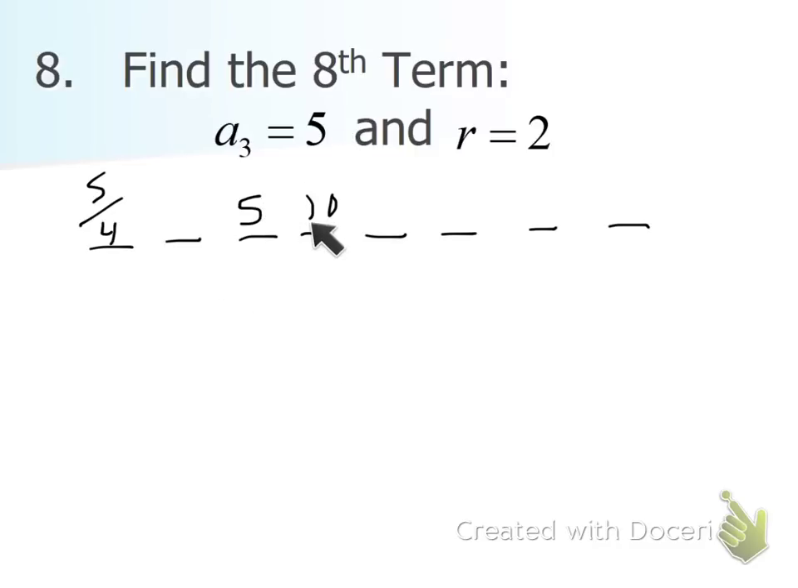So I could use either strategy to find the first term, and I could use the formula to find the 8th term, or I could just go 10, 20, 30,